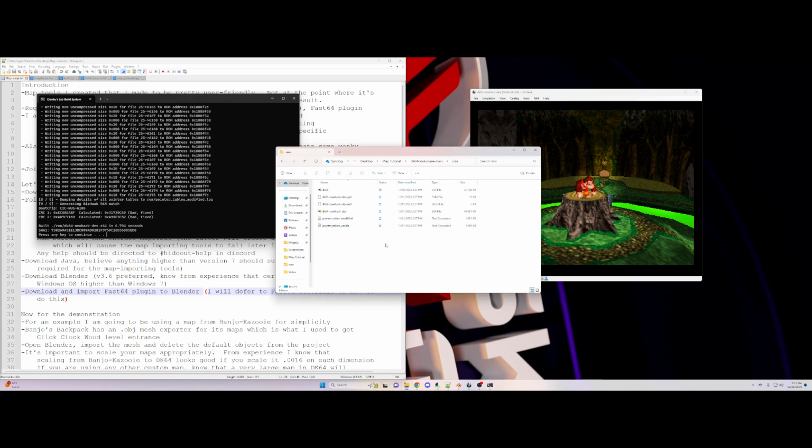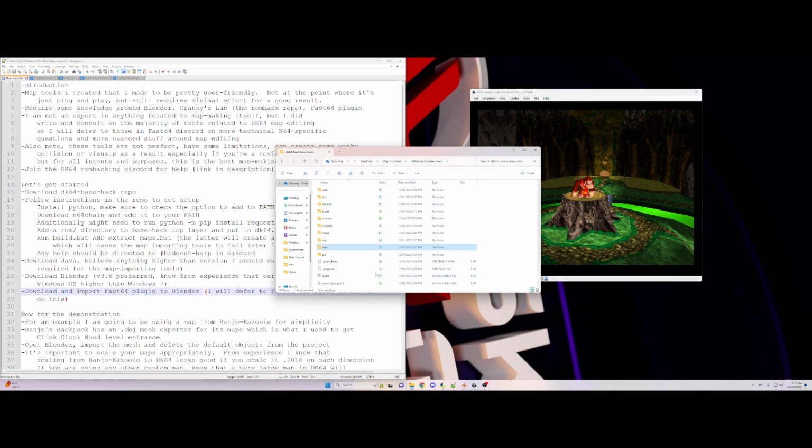So if we go into the ROM directory, this is the packaged file that it had created, and this is going to be the ROM with all the modifications that you make to it. So pretty straightforward. And again, I just want to emphasize that you should run this extract maps whenever you can,